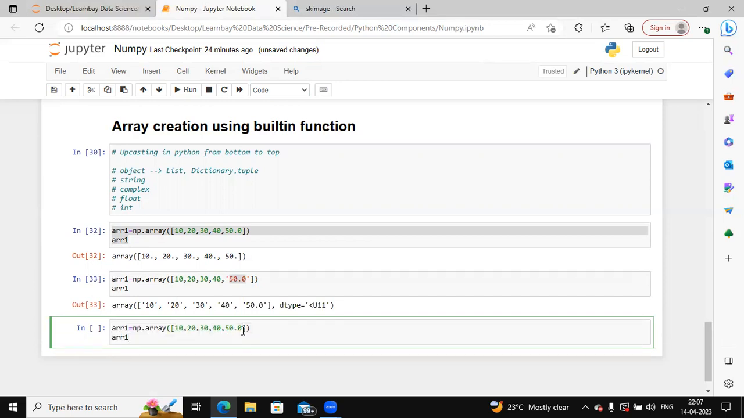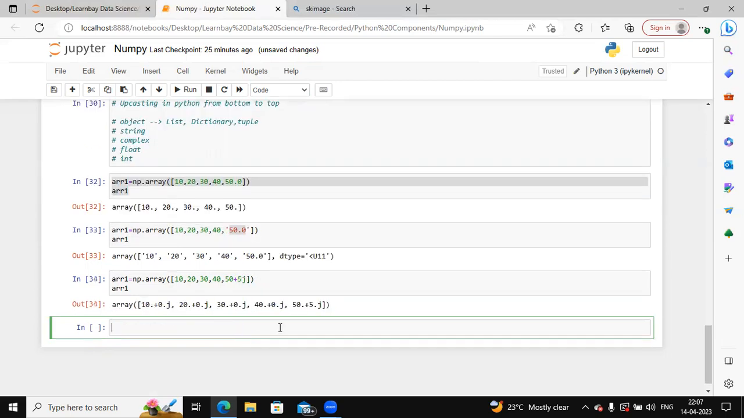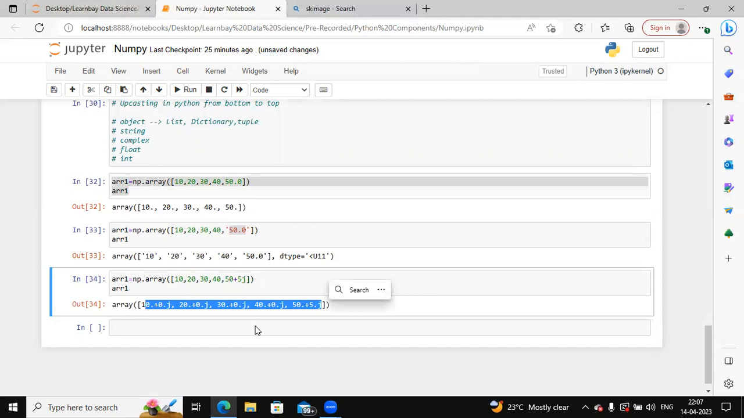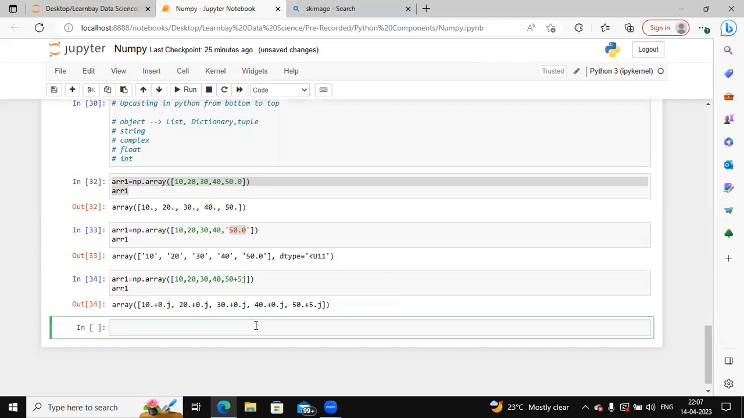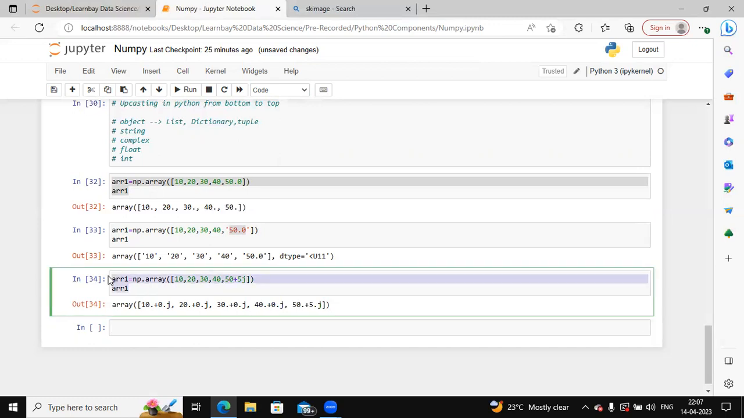So let me convert this to a complex value. Okay. So let's see what happens. Okay, see, you can see that all the elements inside the array have been converted into the complex format. Okay, so now let me use this and try to convert it into